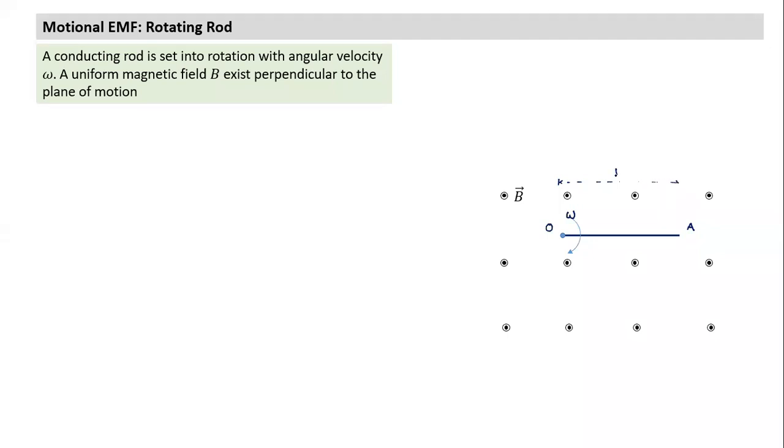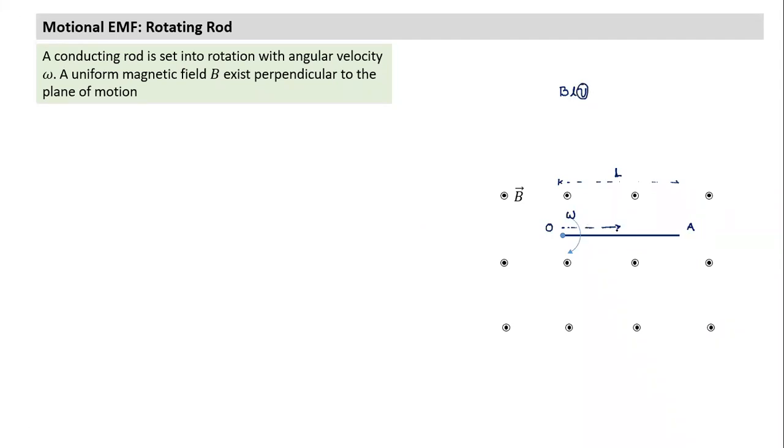How do we calculate it? The problem is different parts of the rod will have different velocity. Everywhere the velocity is perpendicular to that particular element of the rod, but the magnitudes of velocities are different. It varies with the distance from the axis of rotation. As r changes, velocity keeps increasing. We know the formula: in case of uniform field, EMF is equal to BLV. The only problem here is that V is not constant. V is varying with r.